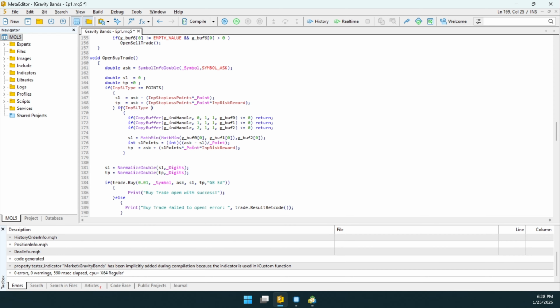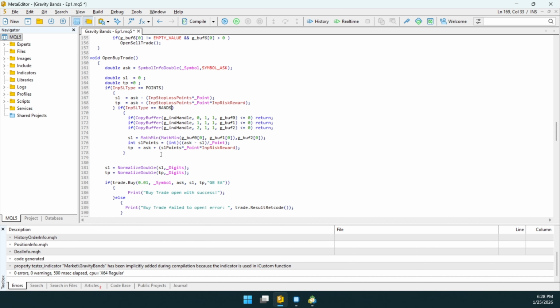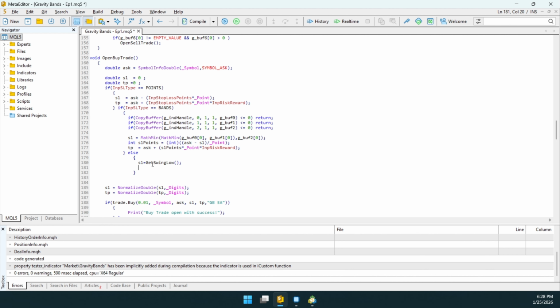So if input stop loss type equal bands, then I do this. However, also I'm on the part where I'm doing the structure. Stop loss will equal get swing low. After that, I'm going to define the stop loss points. I'm going to define the TP,